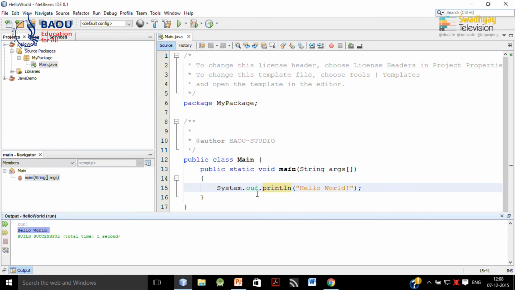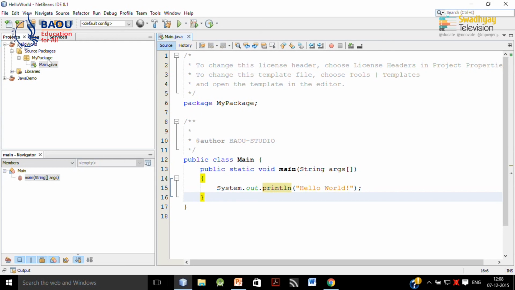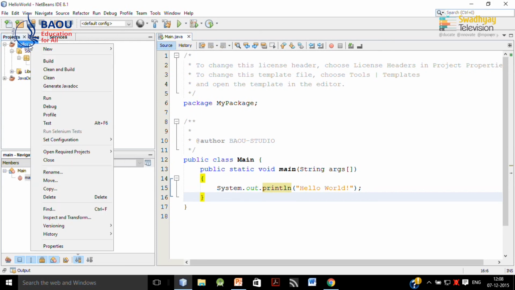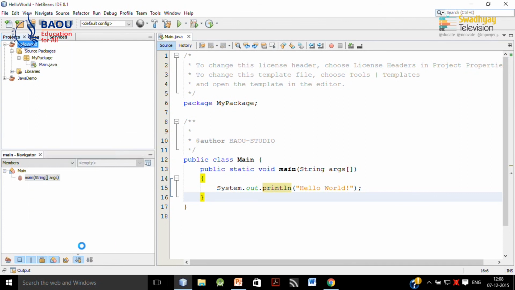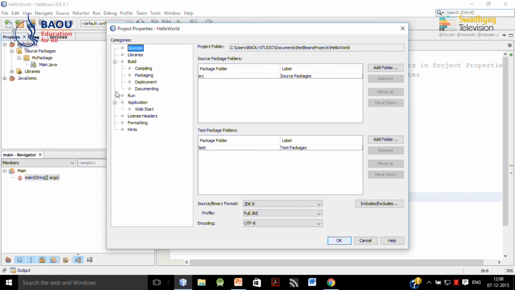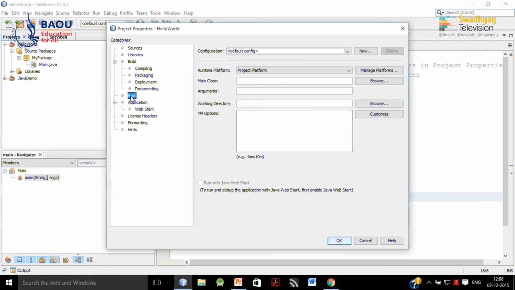Next, I want to provide a command line argument to my program. So, for that you have to select project hello world, right click on it, go to properties. Inside properties we have run, and here in arguments you can supply command line arguments.